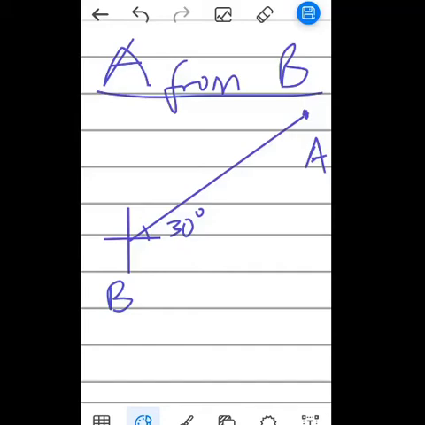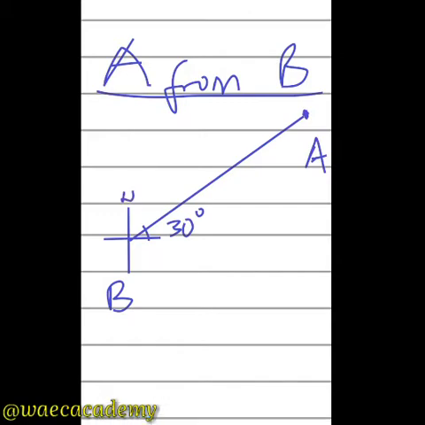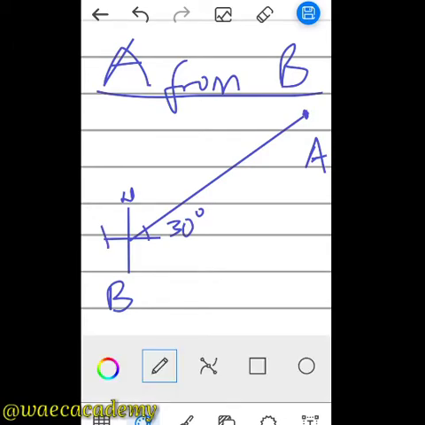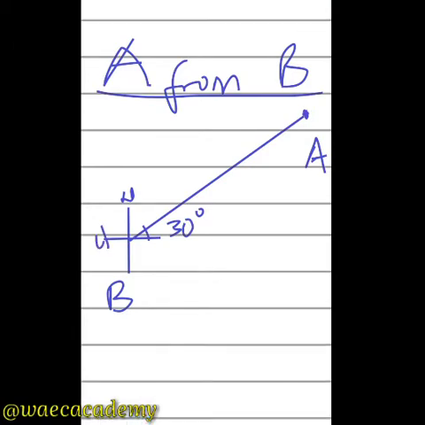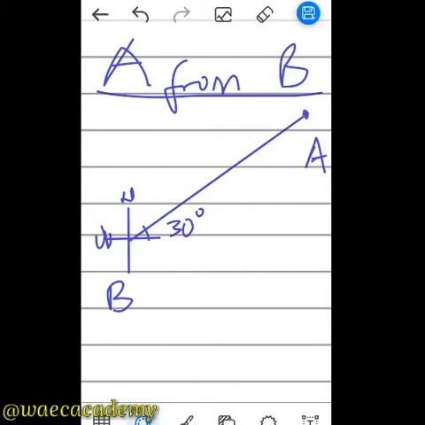All right, so we have a very interesting question over here. It is acute angle bearing. So, of course, the north is going to be here, the west is here, the south, and of course, the east. Now, you are given 30 degrees as the angle between the direction of where you are going to, that